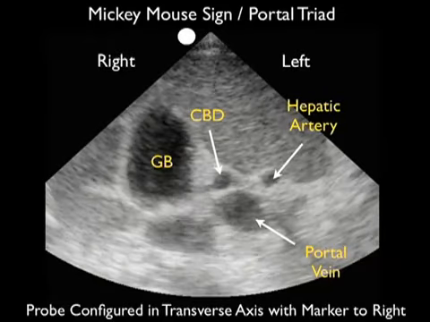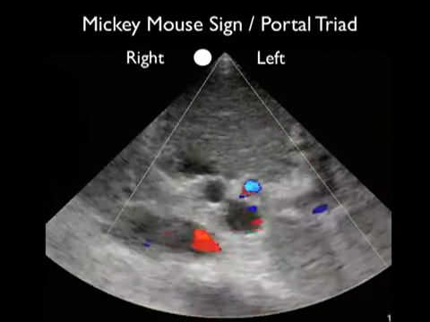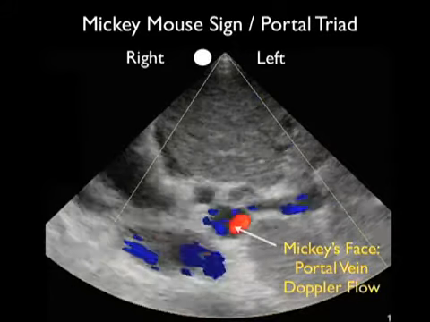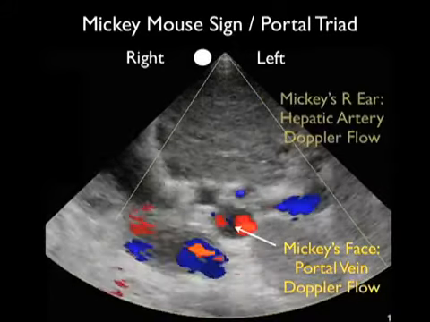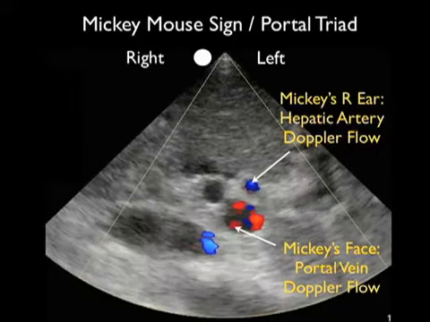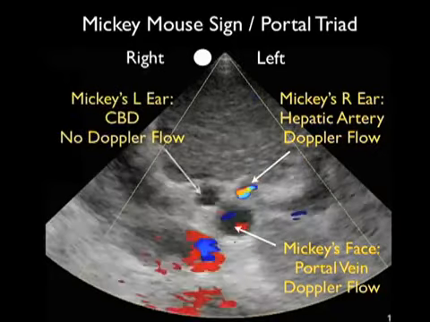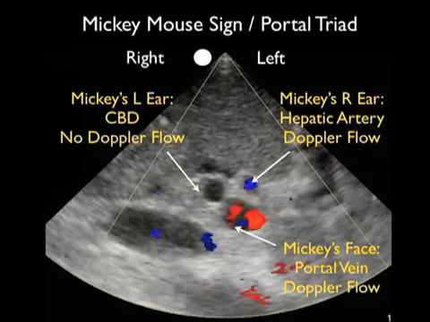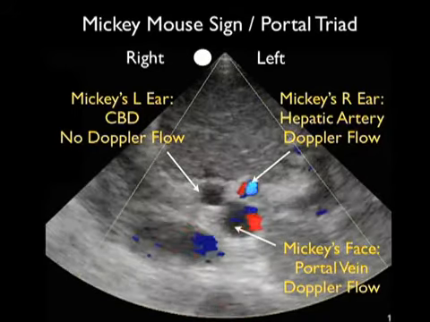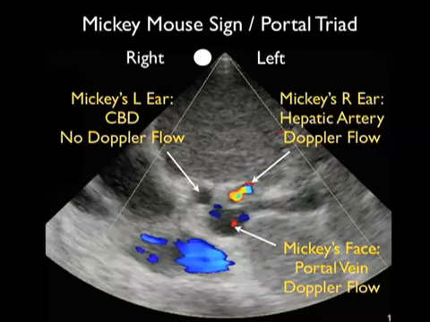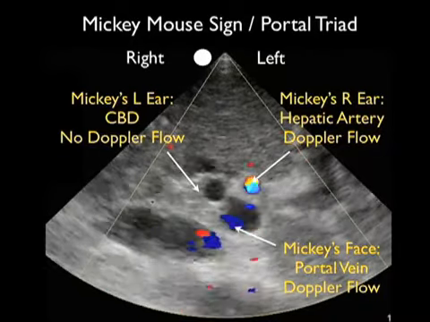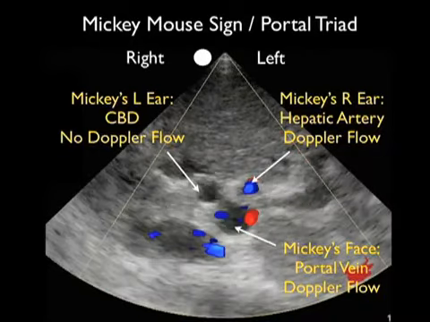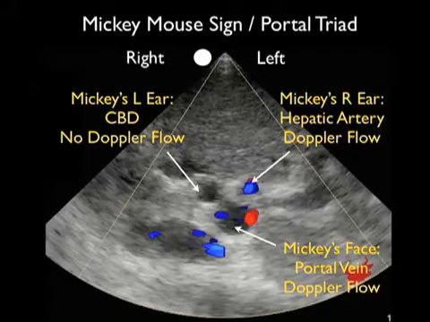the patient's right side. Now we can place Doppler sonography onto the Mickey Mouse sign to further delineate the structures, and we see that the portal vein making up Mickey's face, the posteriormost structure of the portal triad, will actually light up with Doppler sonography. We can also see that Mickey's right ear, the hepatic artery, also has Doppler flow on Doppler sonography. However, the common bile duct, Mickey's left ear, fails to appreciate any Doppler flow due to the sluggish flow within